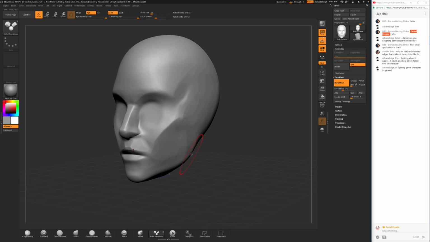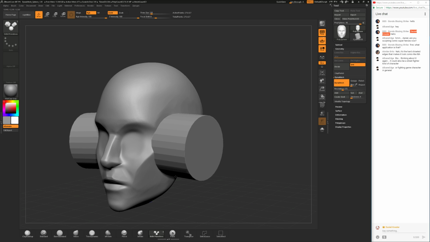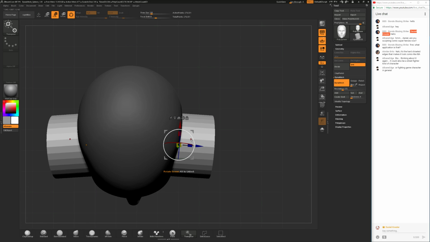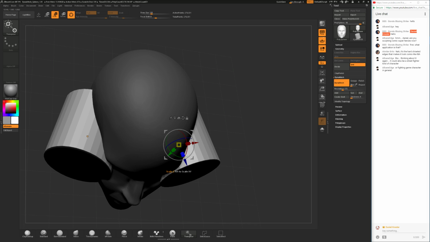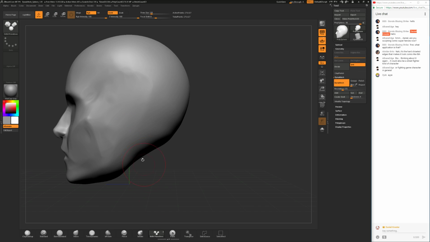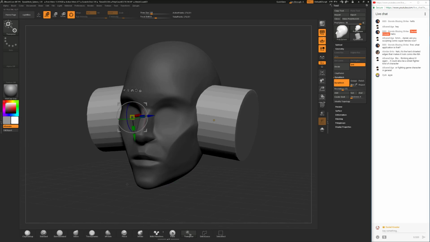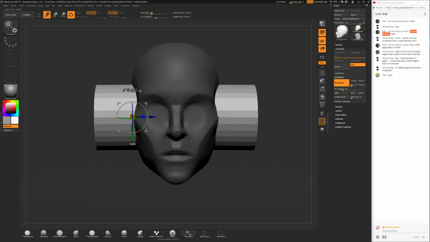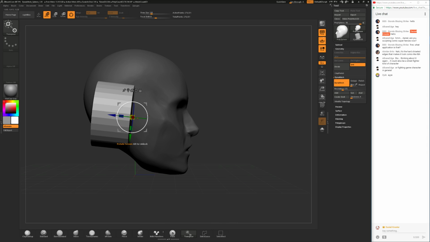Right, but let me add the ears first of all, because characters always look very, very weird without ears. Believe me, if you do a character model and you think you can do the ears later, but then you start wondering why your character looks weird, just try adding ears. I'll try doing it this time with a cylinder object. You can insert meshes like this in ZBrush. I tried different methods, but this time I want to go with a cylinder. Let's see if that works.